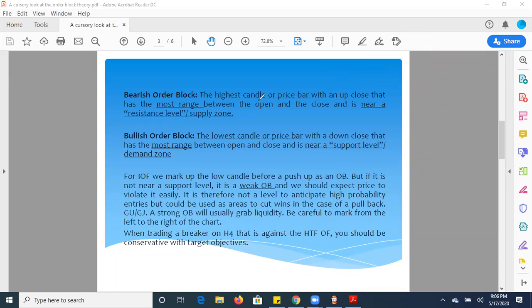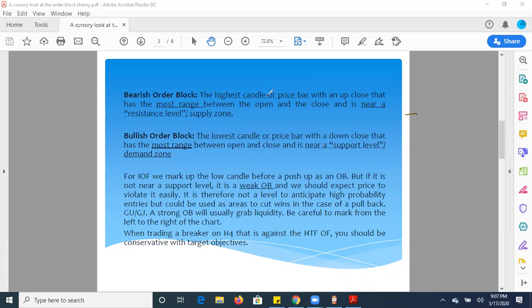Of course, the reverse will be true for a bullish order block: the lowest candle or price bar, with a down close that has the most range. You notice I underlined the two words there, most range. This issue came up a couple of times in the Telegram group. The way we mark up an order block in institutional order flow, and still we're going bearish order block,